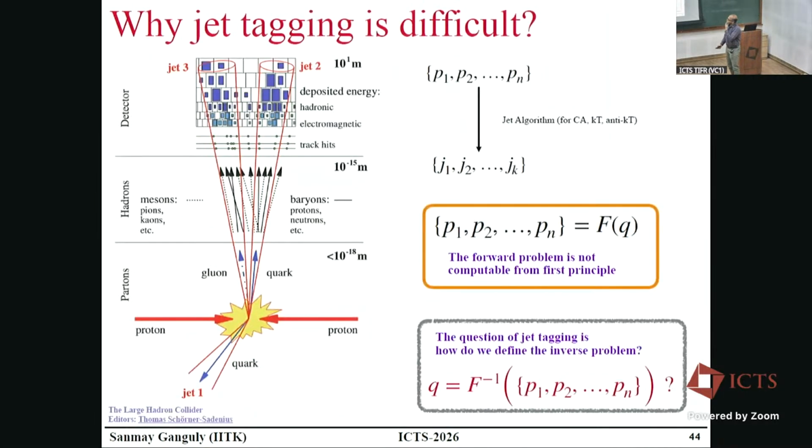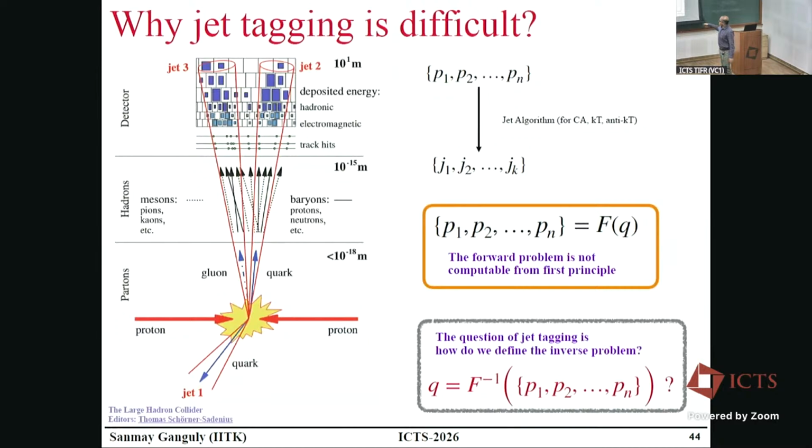So just to address, since jet tagging in the context of machine learning will come back again and again, what is the problem we are trying to solve? We are trying to collide protons. Now, over a very short time scale, or rather distance scale, ideally there were partons. They fragmented and made the hadrons. And these hadrons entered our calorimeter and deposited energy. So what is the problem we are trying to solve?